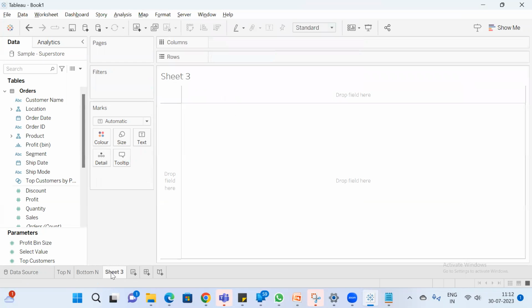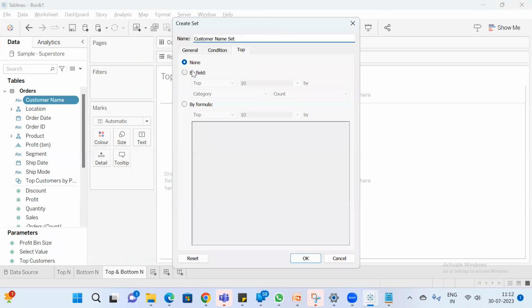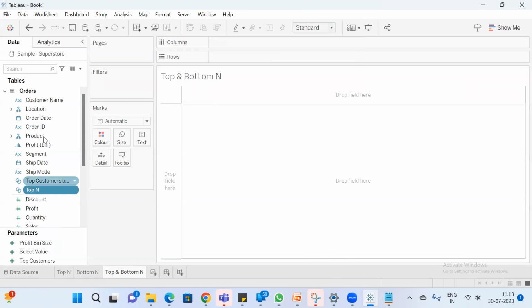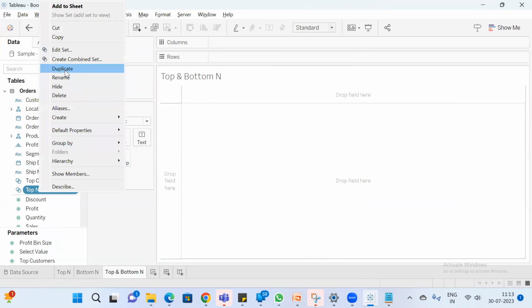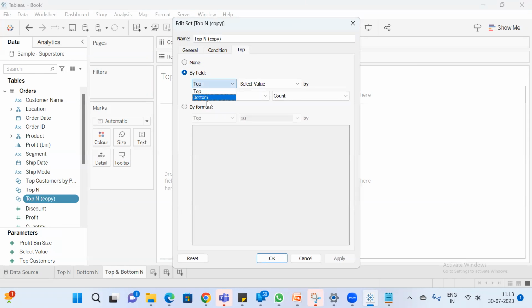But actually what I want to see is top and bottom n. So for that, I have to create a set. So create set, go to top and select value and make this as top n. Say OK. And make a duplicate of this one and edit this, and instead of top, make it as bottom, and rename this as bottom n,